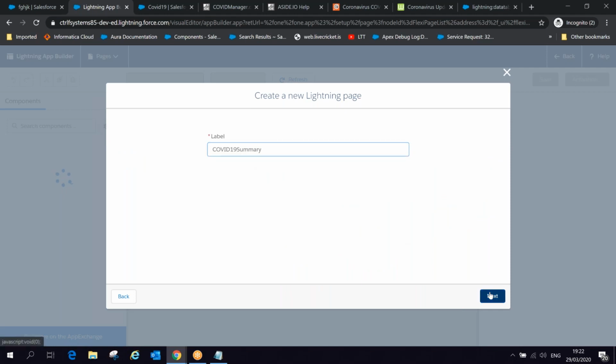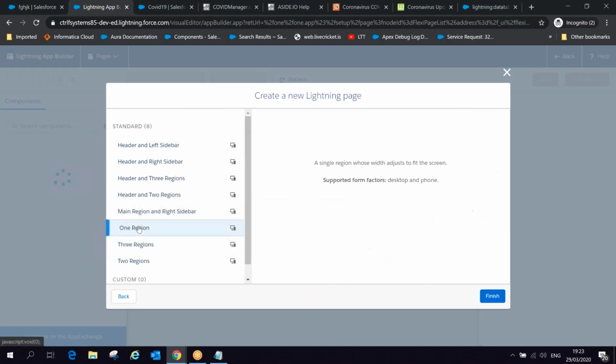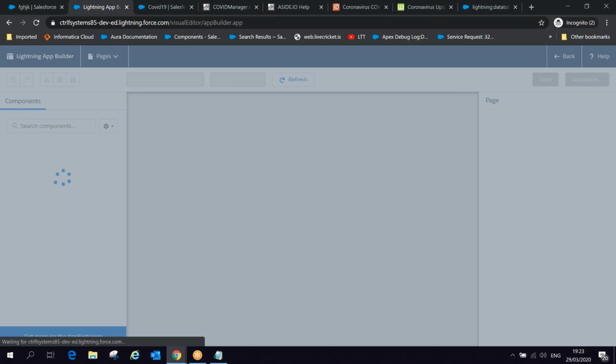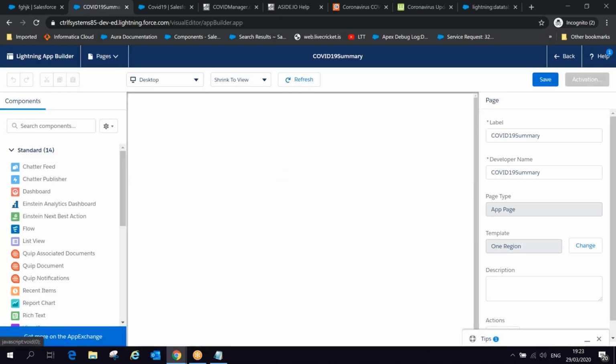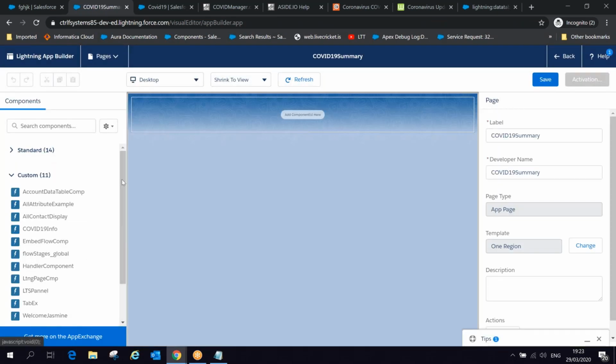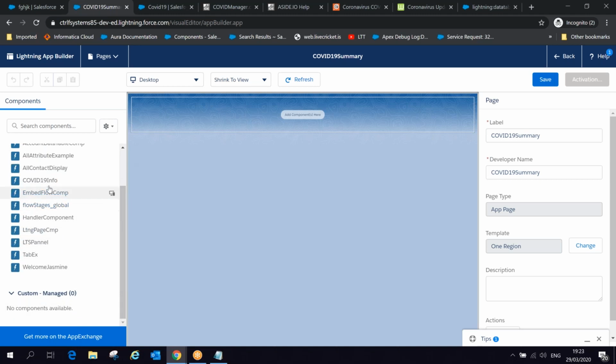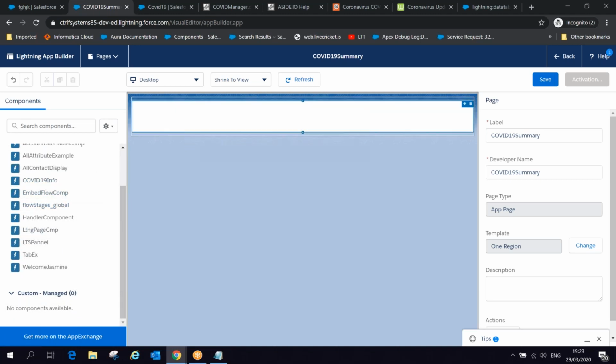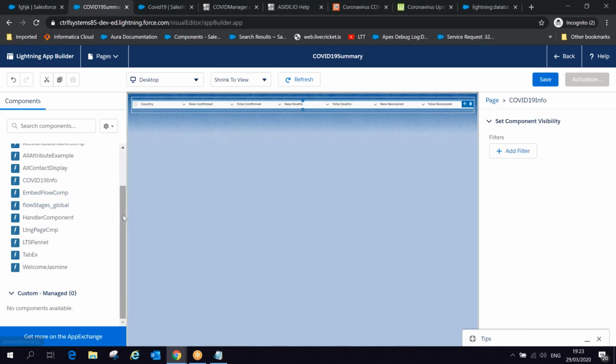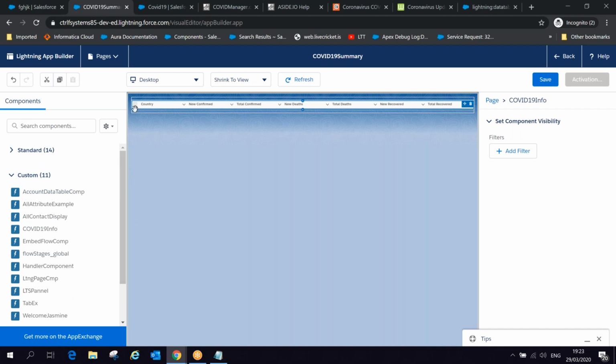I just click on the next. How I want one region page. I click finish. So now in this, I want to use my component. Simply I drag my component here and I leave it here. And at the same time I want to display some kind of context, like how I am displaying some